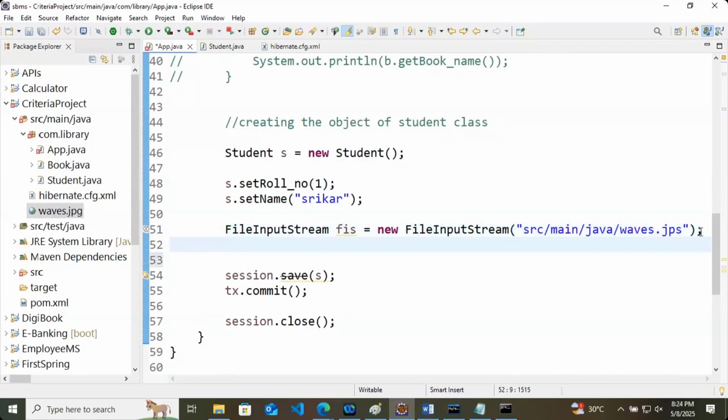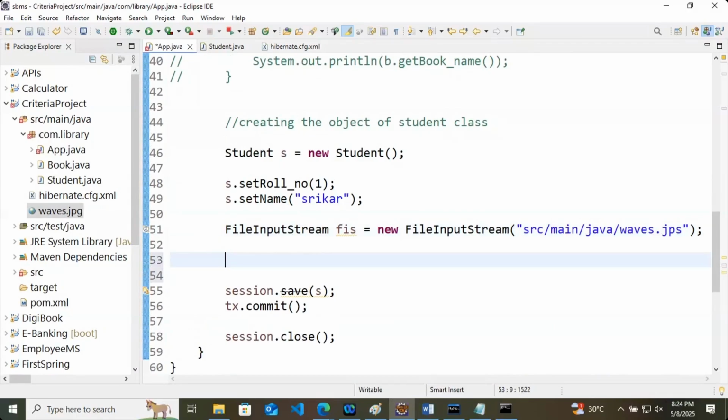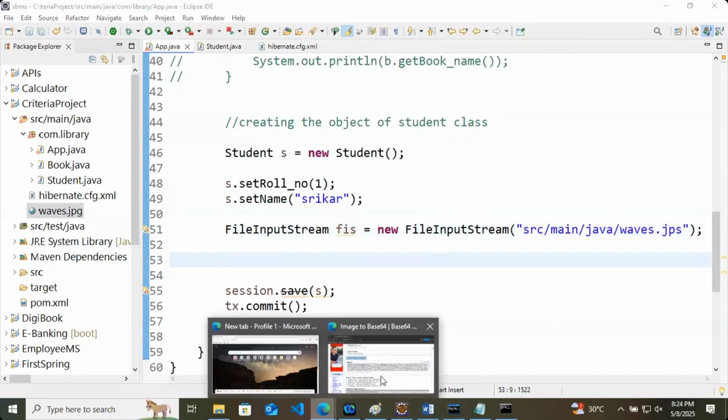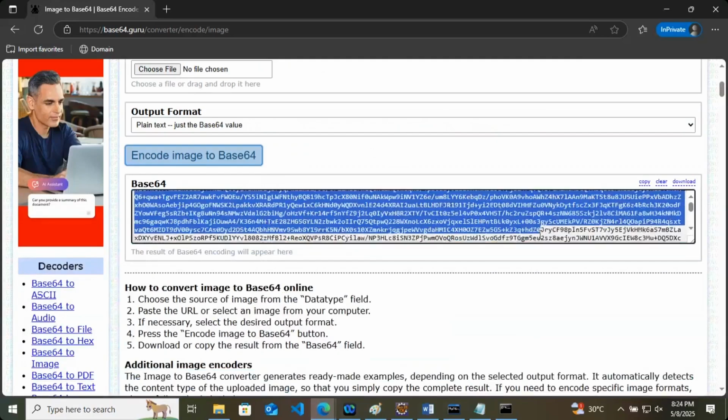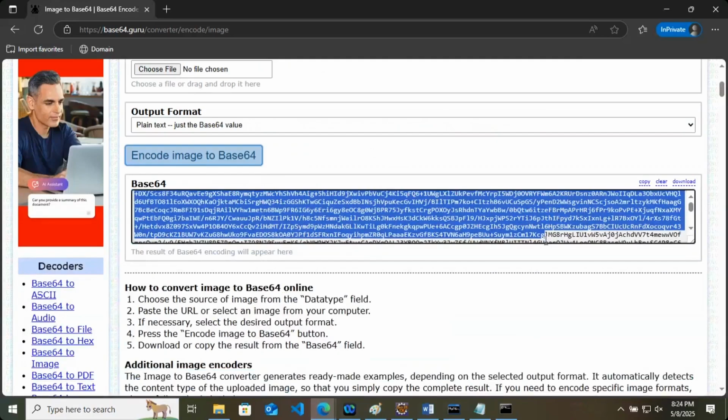After loading the image, I will convert this entire image into its base 64 value, which is an array of multiple characters.